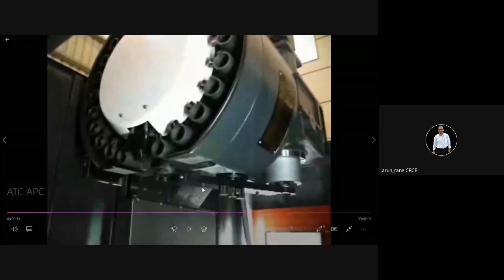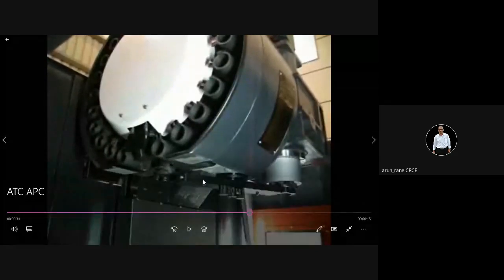This is called the arm. This is your tool arm, and this is your spindle in which the cutting tool has to be mounted, and that does the machining. This is bidirectional indexing. Whichever tool is closer in this direction or in this direction, accordingly it senses and rotates so that your indexing time is minimum.